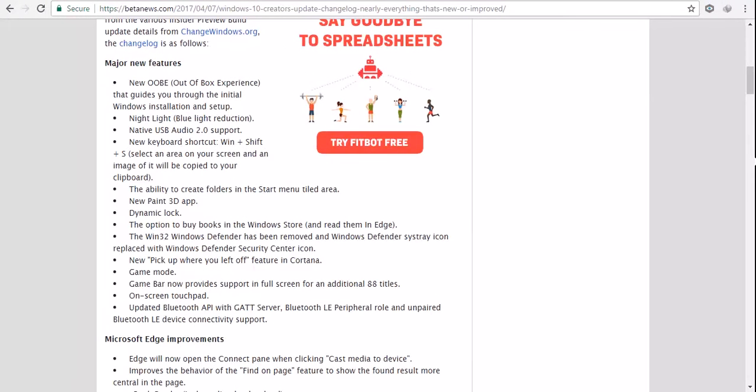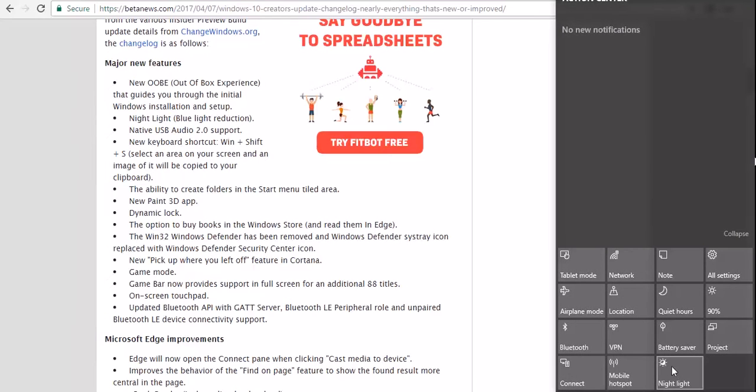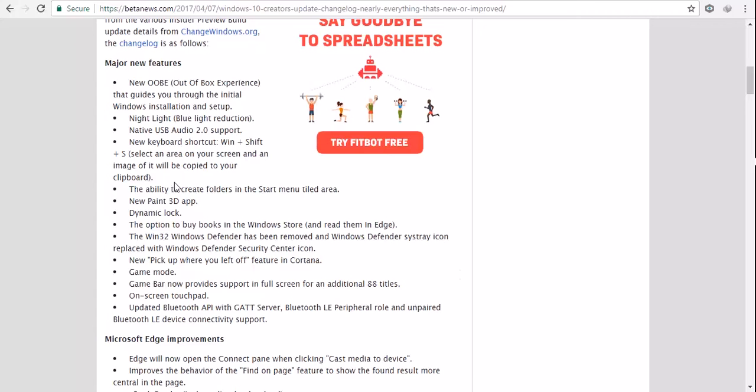Next is the layout of this. We have a new option called Night Light, which basically helps reduce the amount of blue light that goes to our eyes. And we have a mobile hotspot icon right here, so we can simply turn it on. Then the next is